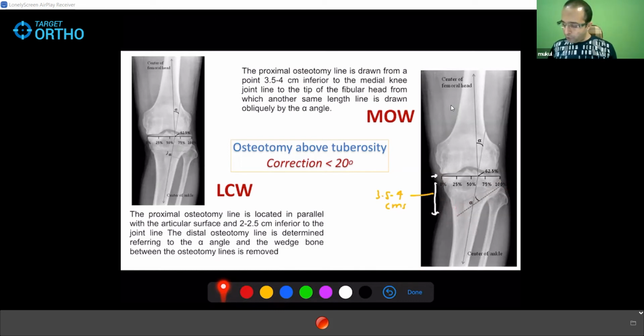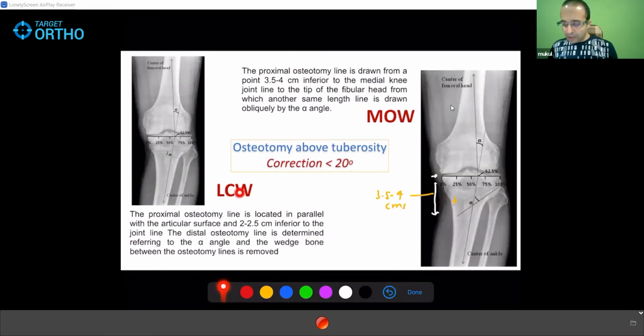Okay, so here you start osteotomy on the medial side, 3.5 to 4 centimeters down, and you aim your osteotomy line to the tip of the fibula. So I have started here. मैंने थोड़ा सा गलत वो मार्क कर दिया है. So from here, this is 3.5 centimeter. And then I've opened the wedge. So this is that open wedge वाला line. Okay, and this is that alpha angle, that angle of correction. मैं अभी बताऊंगा कैसे कैलकुलेट करना है. So medial opening wedge from the medial side, 3.5 to 4 centimeters down you start.